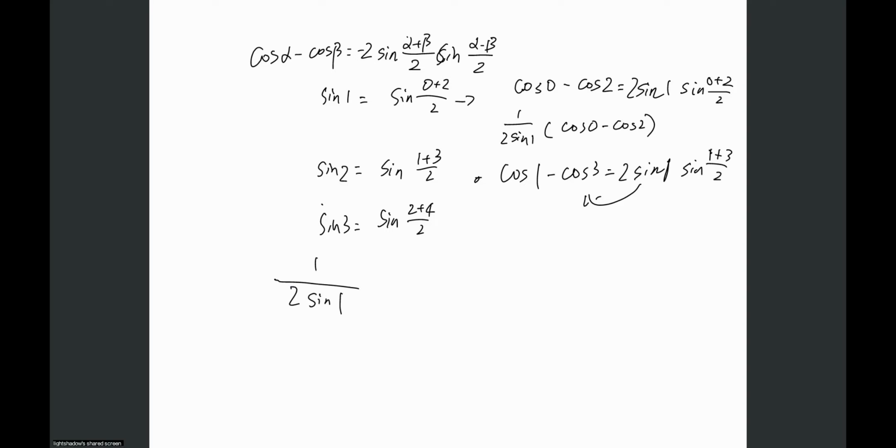1 over 2 sine 1 times cosine 0 minus cosine 2, plus sine 1 times cosine 1 minus cosine 3, right, and plus 2 cosine 0 minus cosine 2. So consider sine n equals